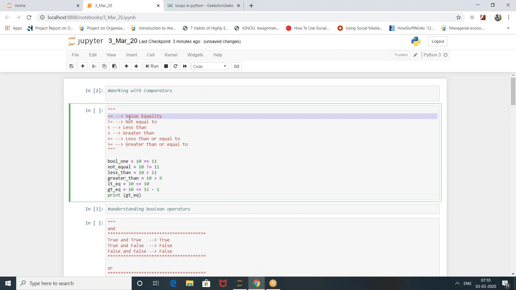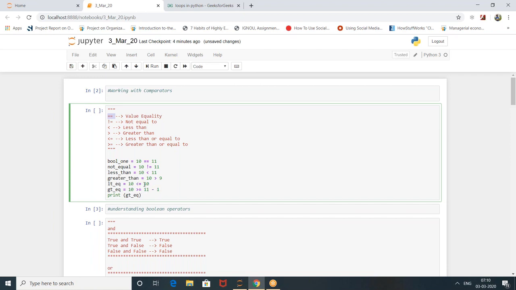These are pretty early ones, but I'll tell you why I'm saying 10th standard. This double equal to, when A is equal to B, you put it with a double equal to. Like 10 is equal to 11, is it true or false? 10 is not equal to 11. This you know already. Less than, greater than, these are pretty basic. 10 is less than or equal to, greater than or equal to.